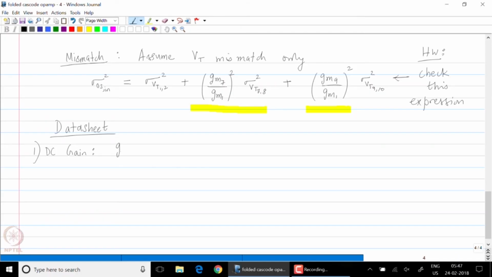That is clearly going to be GM1 times RO, and RO clearly has two portions. So the first portion is R up, which is GM4 RDS4 times RDS9 parallel RDS2 in parallel with,